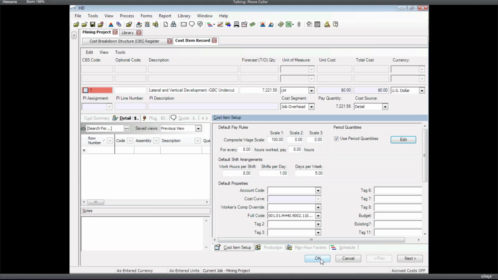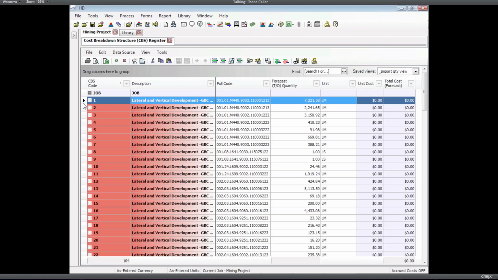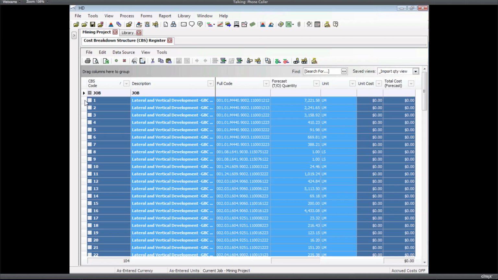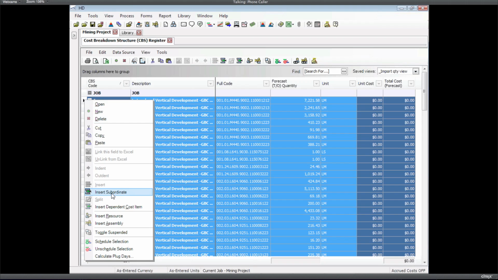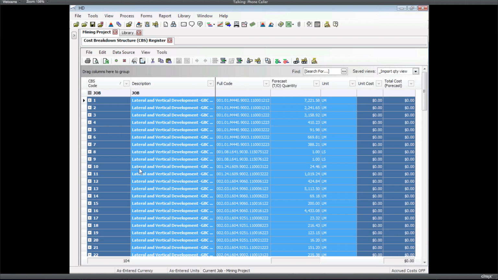All right, now let's take a look at what we can do with that. Now that we have those periods defined, I'm going to highlight all of these items except for the job row, and let's just put a crew on here so we can get some costs in here. So when we go to cash flow, we'll have some things to look at. I'm going to take this crew right here, which has a couple of things in it. It's got a labor resource in it, and then it's got a unit quantity-driven resource in it, so we can track our quantities. I'm just going to go ahead and employ that crew, that assembly,